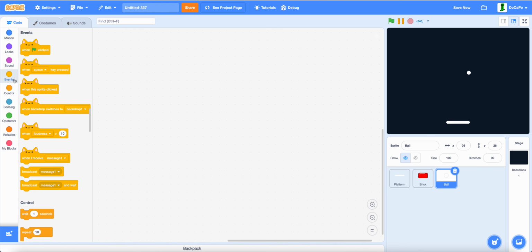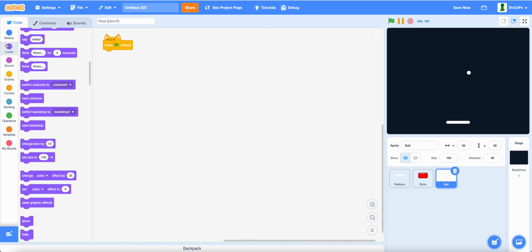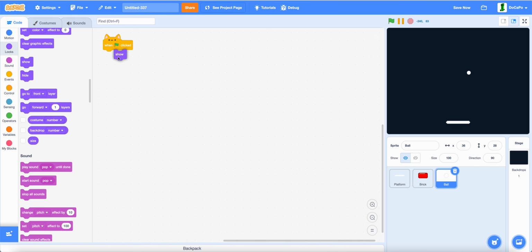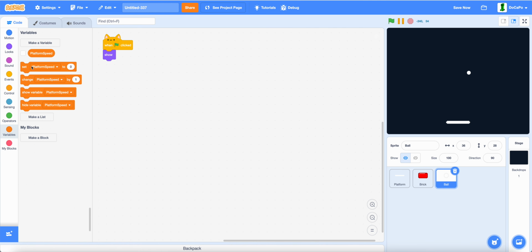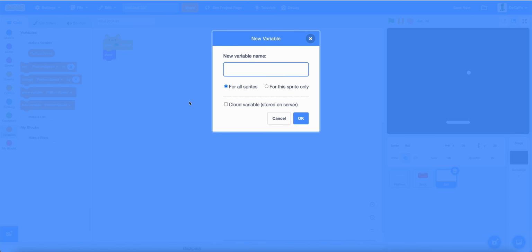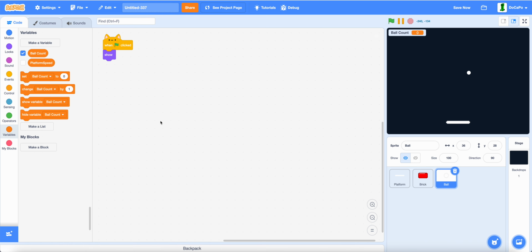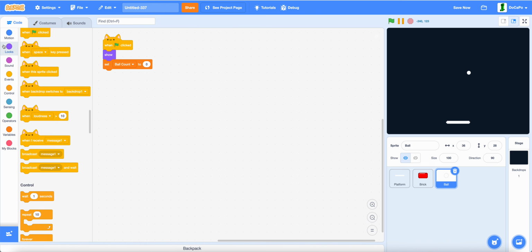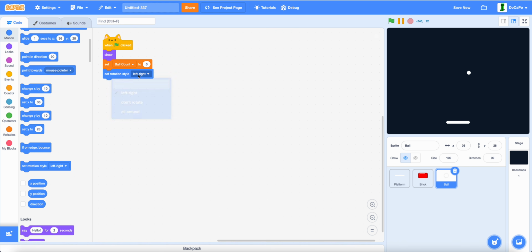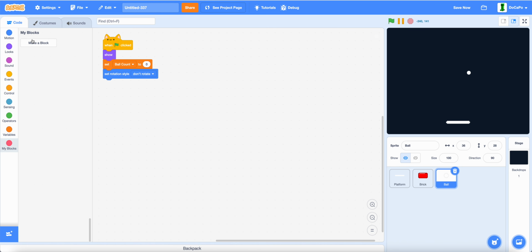First, when green flag is clicked, show, then create a new variable called ball count for all sprites and set ball count to 0. Set rotation style to don't rotate, and then now